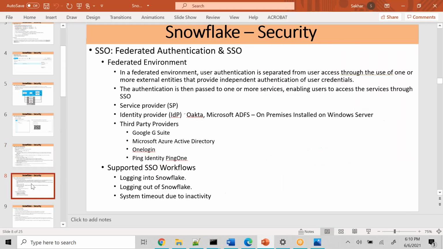And then federated authentication. This is the single sign-on that I was talking about, right? These are the third-party providers that I was talking about. We should have a service provider and an identity provider. Whenever you log in to Snowflake, it directs you to the identity provider